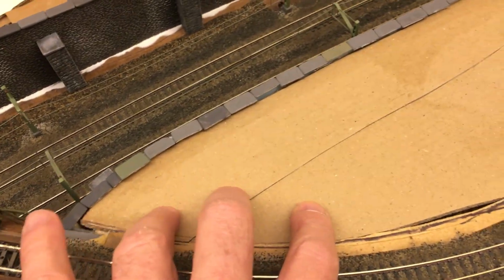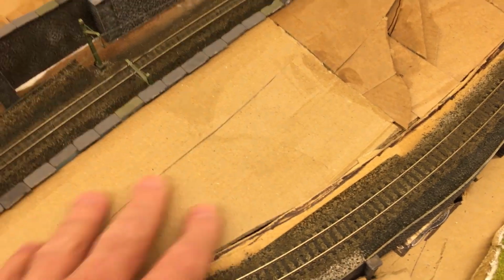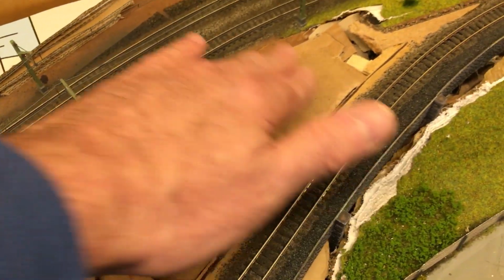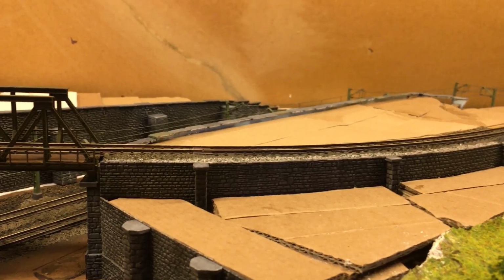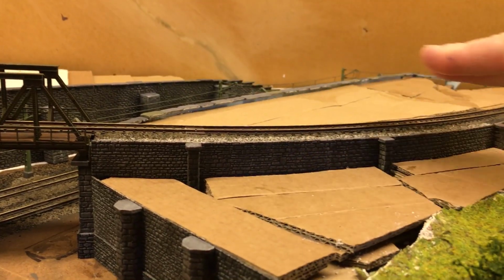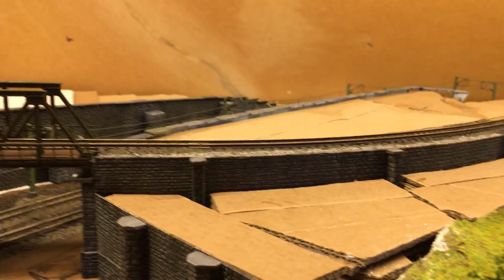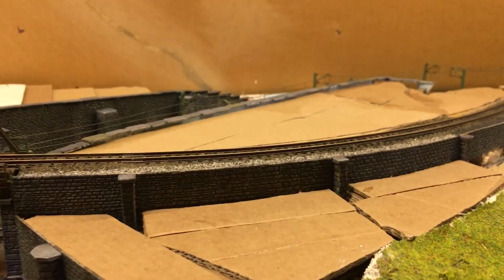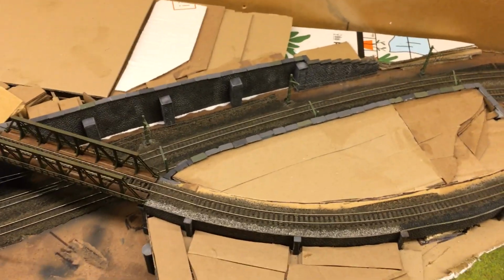I've also filled up the gap here as well. It's not all smooth, it's going to be sloping down a little bit because the height here and the height down there is obviously different, so it's a gentle slope, although the top of the wall is level, so it fluctuates just a little bit. Still not entirely sure